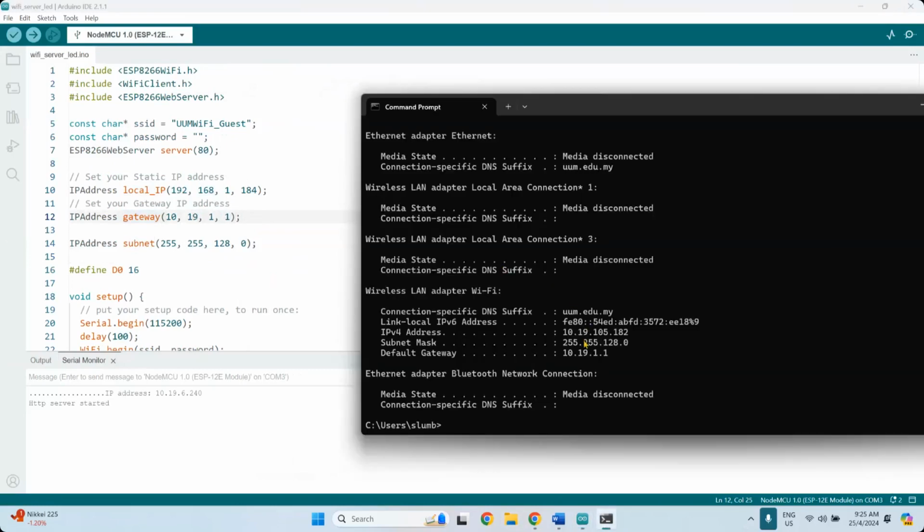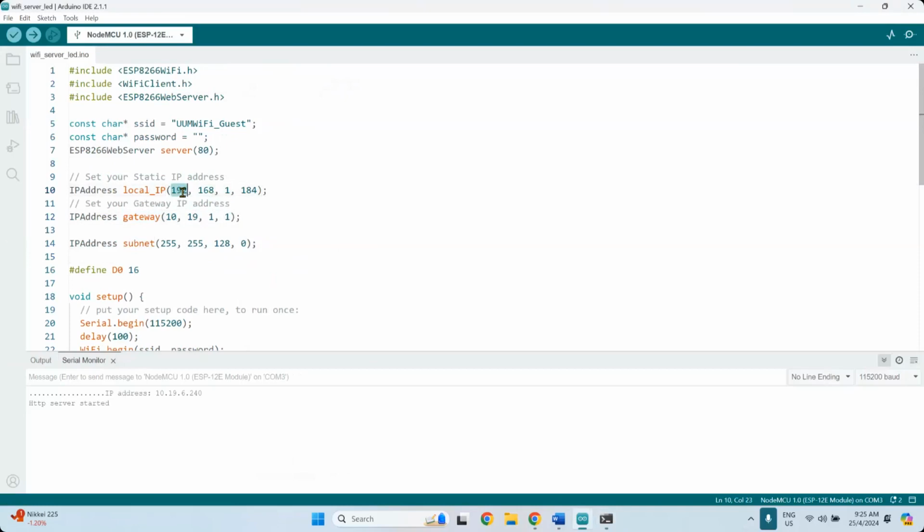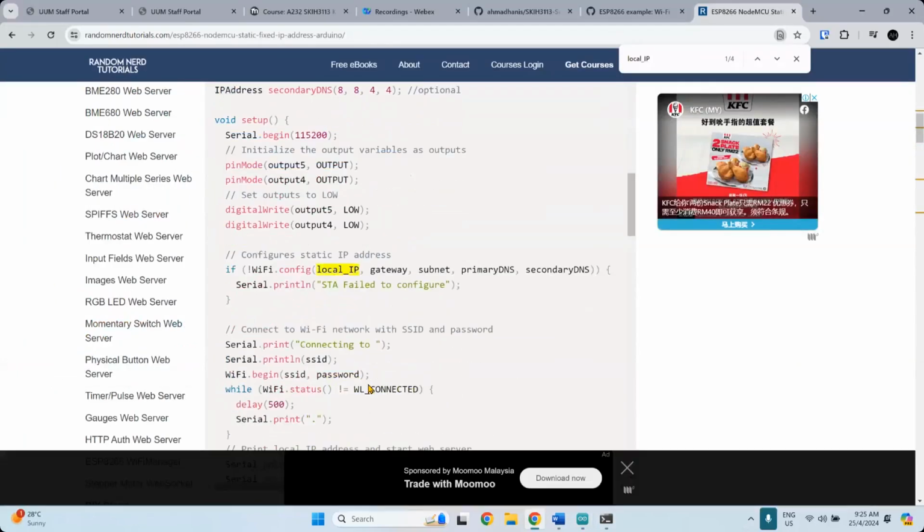And then the IP address, I want it to be within the same network, 10.19.105. But for the IP address at the back here, if someone else is on the same IP address, there can be a collision of data. All right, so let's set the IP.